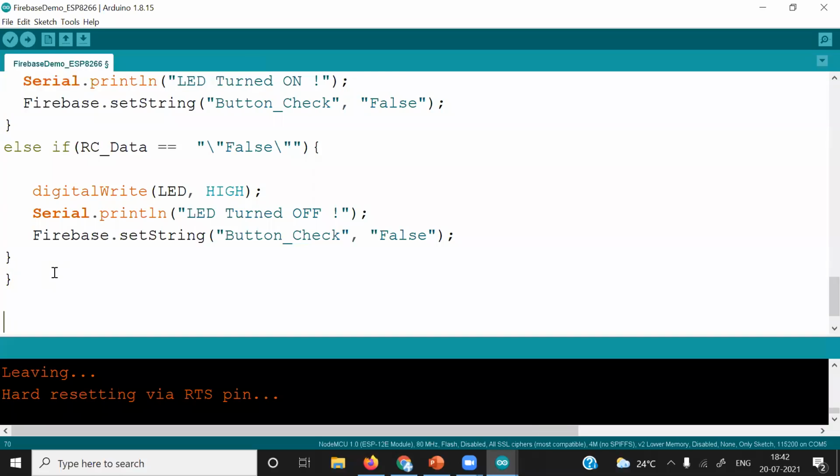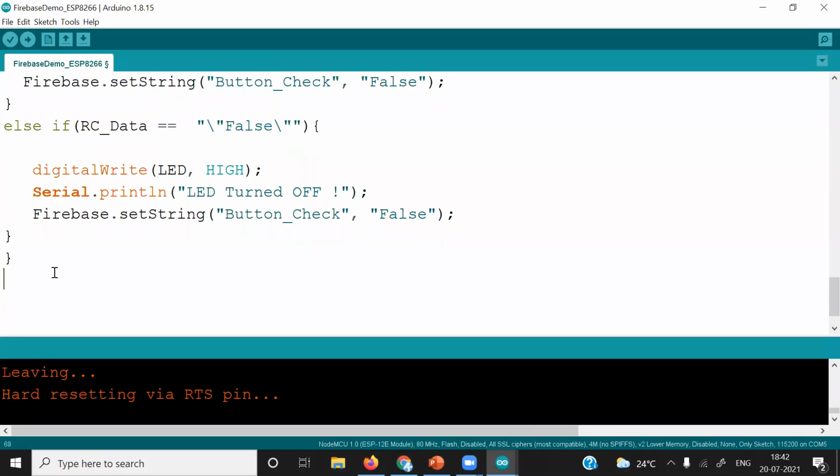So first thing we want to do is check whether we are receiving any data from the microcontroller serially. So first thing to do is put an if condition and check that we are receiving data serially. So Serial dot available.